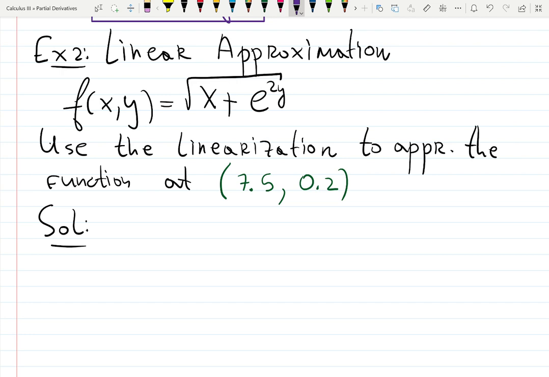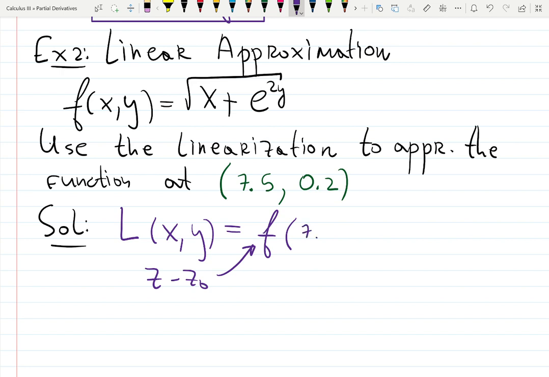So step 1, remember the formula. Linear approximation L, in this case depends on two variables, x and y. So remember there was z minus z sub 0, that's exactly where the z sub 0 comes in. So it's going to be f at, let's see, 7.5, 0.2, that kind of thing. Plus the first